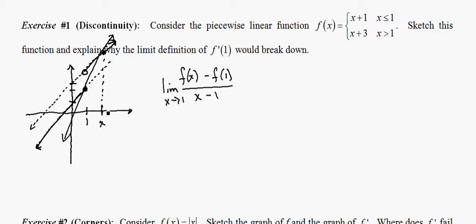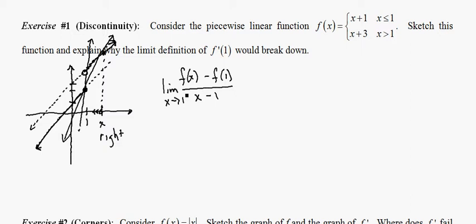But hopefully you can see what the problem is here. As I allow this x-coordinate to get closer and closer to 1, the y-coordinate is doing more and more like this, and in fact what's happening in this discontinuity is that the line that's connecting the two is getting closer and closer to vertical. And in fact, if we allow x to approach 1 from the right, as we have it drawn in the picture, the top